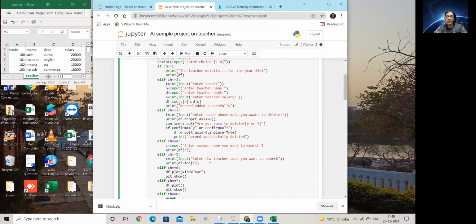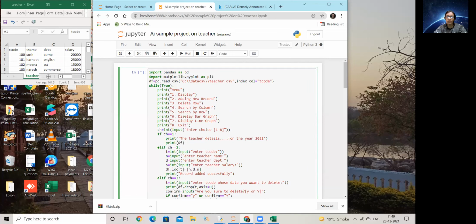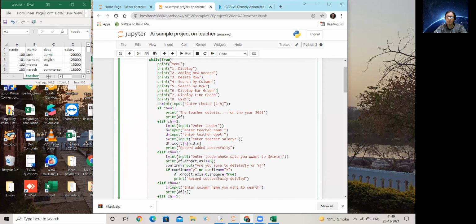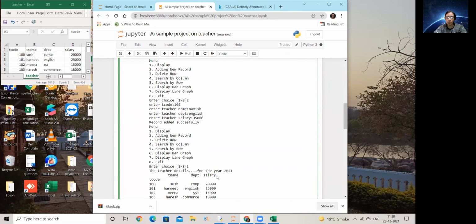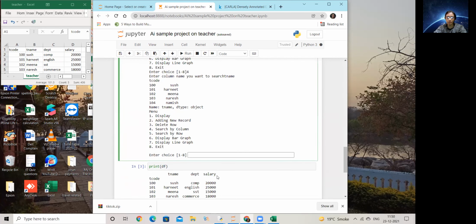So I did not give a sub menu. Obviously, when you work with other data where you want to plot multiple things, then you can have a sub menu too. That I'll show you here when I change the code. But as of now, let us try these two options once we have tried all.